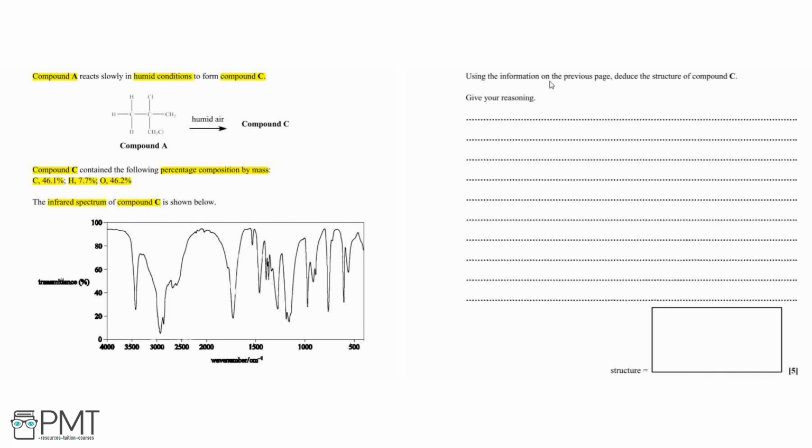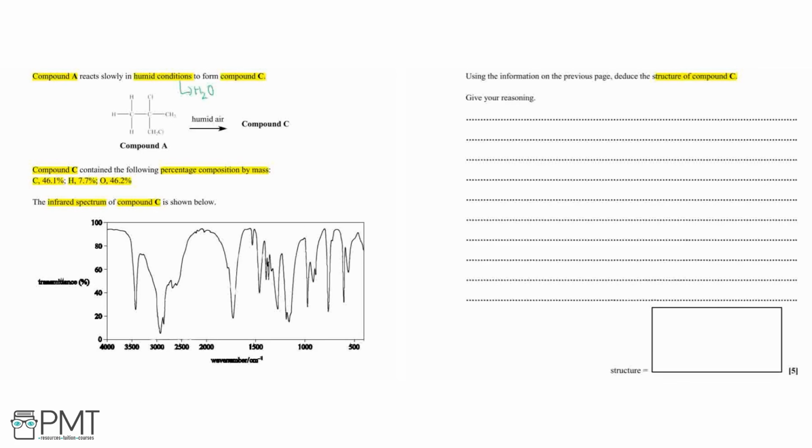For this question, we need to use all of this information to deduce the structure of compound C. The first thing to note is that we've got humid conditions. This tells us that we've got some source of water, which is going to be a source of oxygen and hydrogen. So that's something to bear in mind when we're thinking about our compound C, which only contains